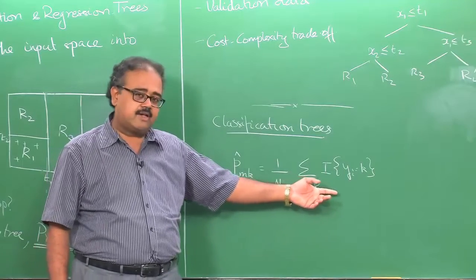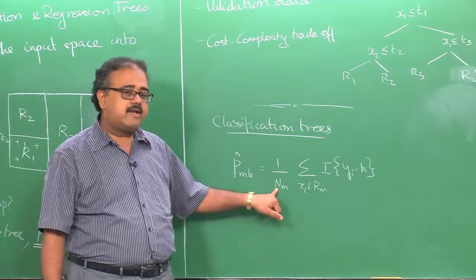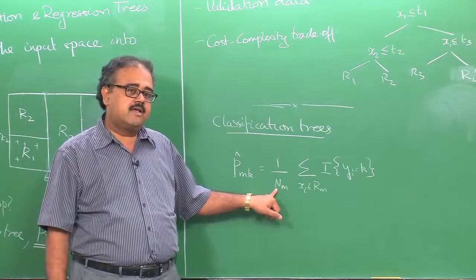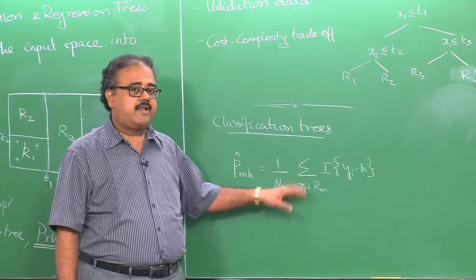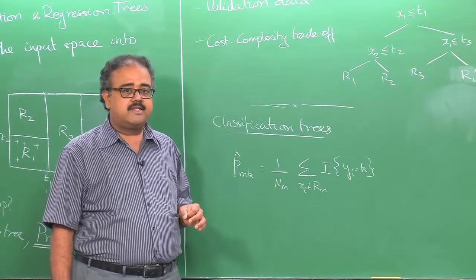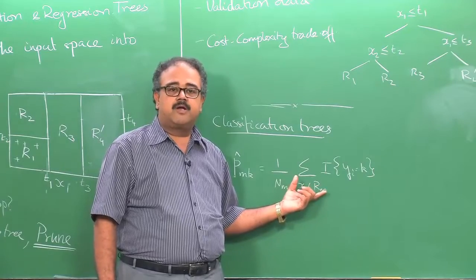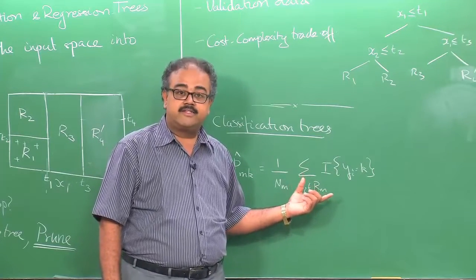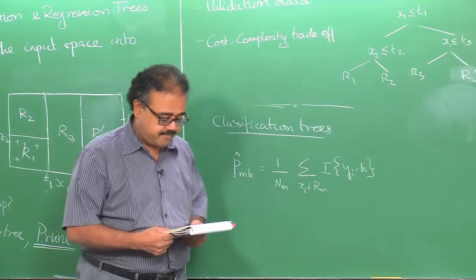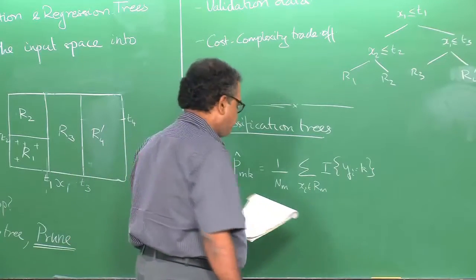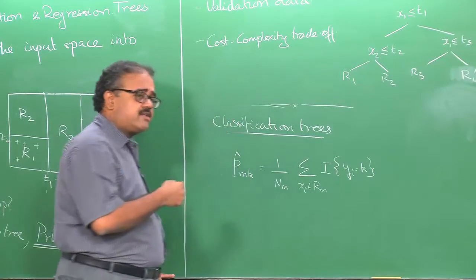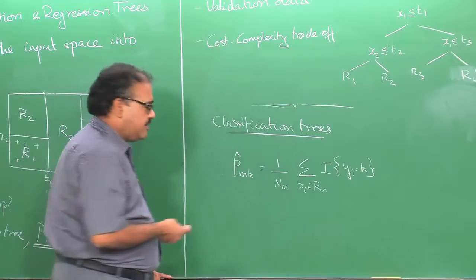This expression is for class K, and then I am going to divide it by the total number of points that fall in region M. So, Nm is the total number of points in region M. So, this essentially gives me an empirical estimate of the probability of a data point falling in region M belonging to class K. And if I am interested in actually returning the class label, then